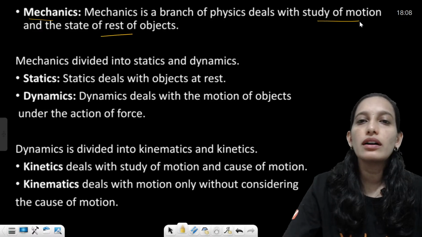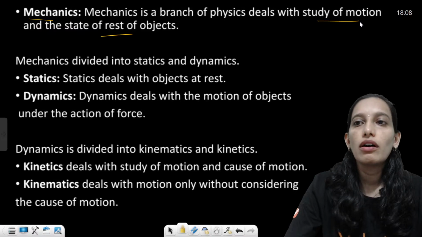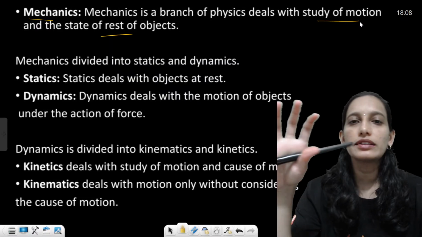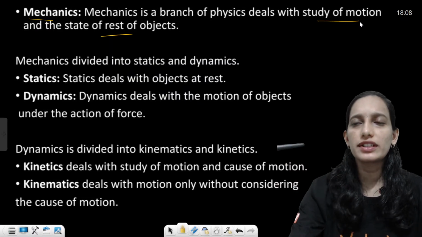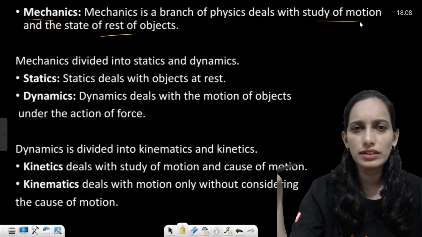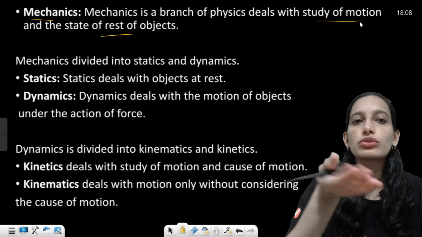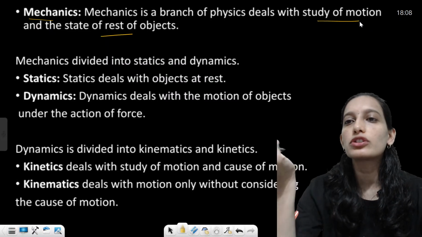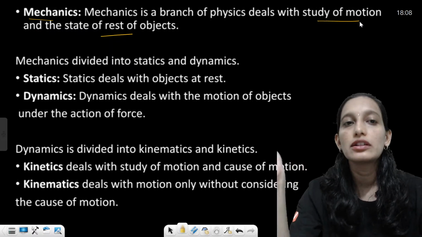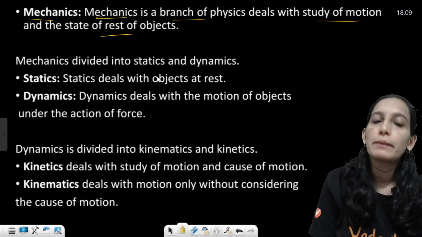Let us say we are going to deal with the study of motion or the state of rest of the object. Okay, so we just consider if some object is at rest, why it is at rest, for how long it may be at rest, all those things, like some objects which are at rest, what are all the forces that might be acting. So all those comes under your mechanics. And also if some object is in motion, so what type of motion, we'll try to describe the motion of the particle. So that type of study or that particular branch of physics we call it as mechanics.